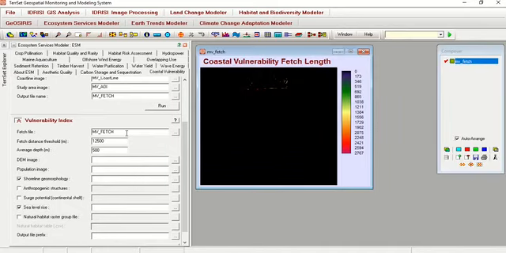Okay, so after it is done, let's move to vulnerability index. Okay, so the fetch output file should have automatically been filled with the file just created moments ago, named as mv underscore fetch. The average depth is at the default of 500. Next, open